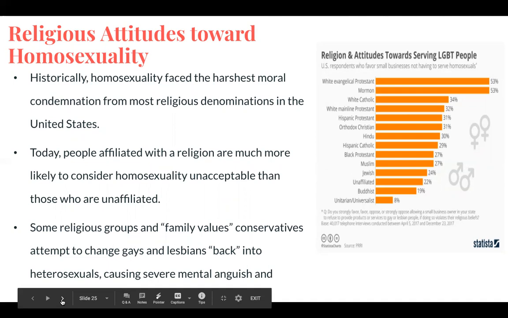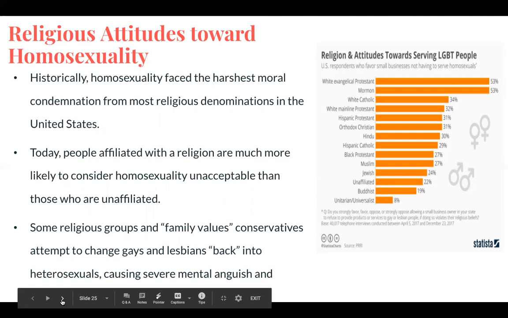And even today, pretty much consistently across opinion polls, people affiliated with a religion are much more likely to consider homosexuality unacceptable than those who are unaffiliated. That is the statistical generalization there. That doesn't mean that everyone who is religious is intolerant towards homosexuality. It does mean that the statistical evidence suggests that religion is a significant factor in helping us predict the likelihood that someone finds homosexuality